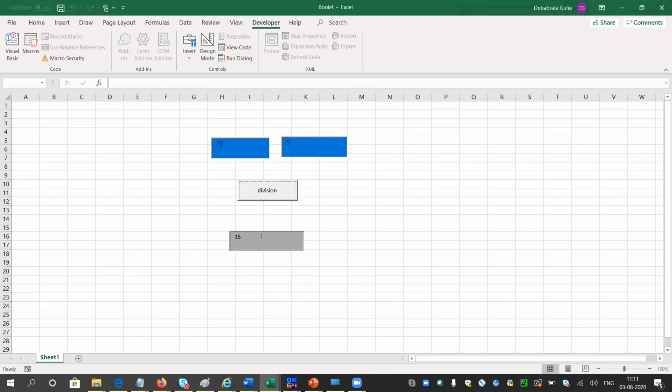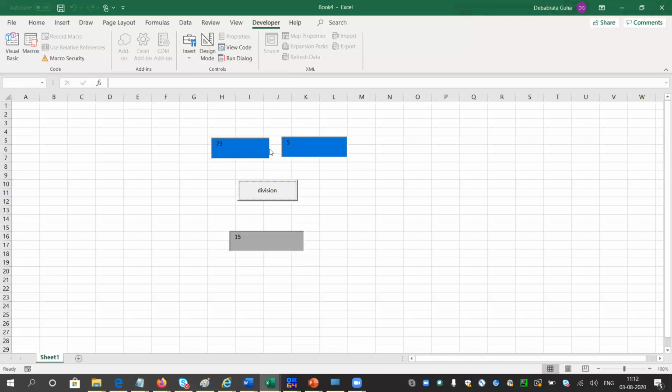It is giving 15 because in your mobile phone or any digital machine or any software, any app, you can see this type of button. So actually inside that button some code has been written. Okay, but you cannot see the code because design mode is off. So that is the logic behind all the coding behind an app or behind a software.